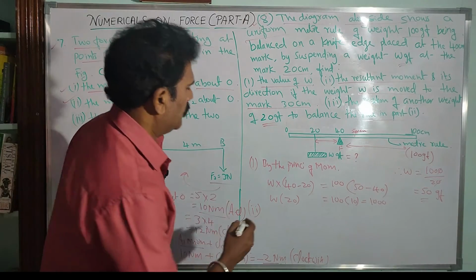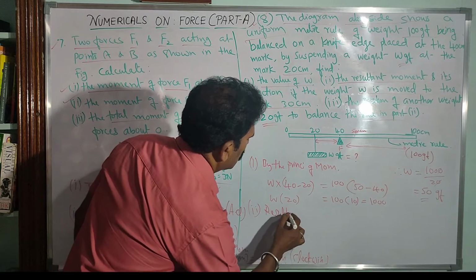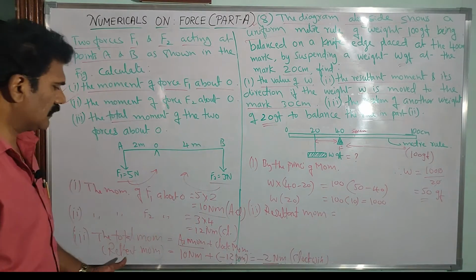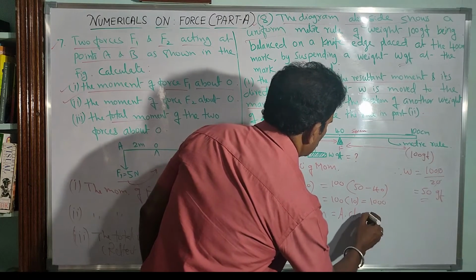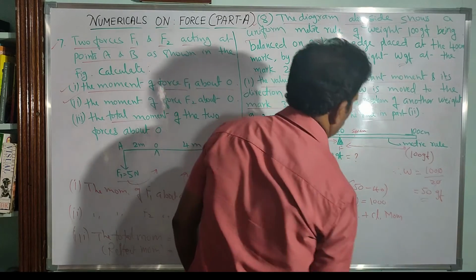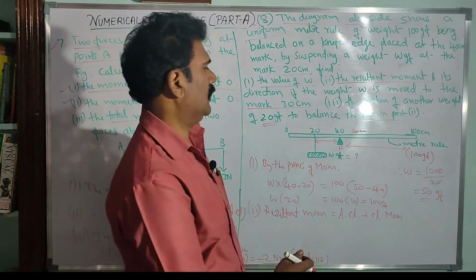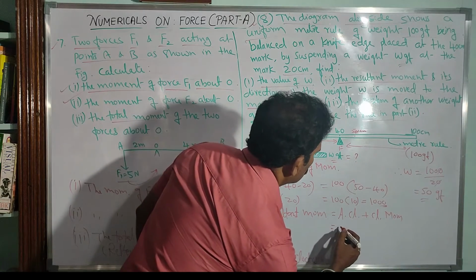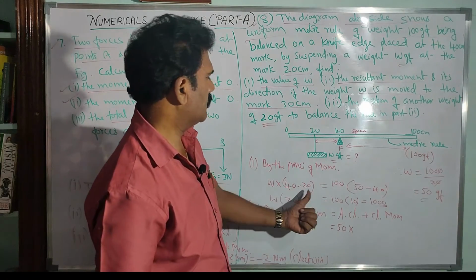Okay, now resultant moment to be calculated, right? So just as you calculated here, resultant moment is equal to the anti-clockwise moment plus the clockwise moment, I said, right? Now the anti-clockwise moment is due to the weight WGF. So WGF is calculated how much? 50 GF is equal to W 50 into, so what is the distance? Is it again 40 minus 20?